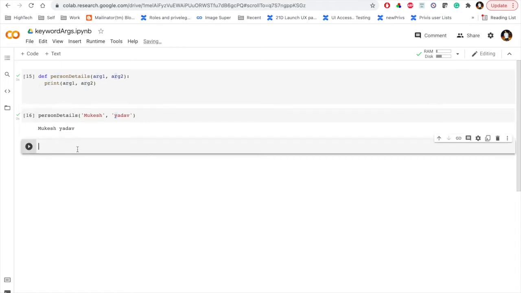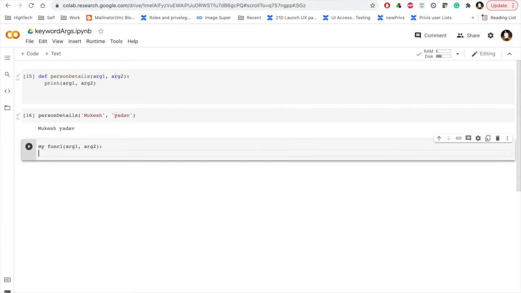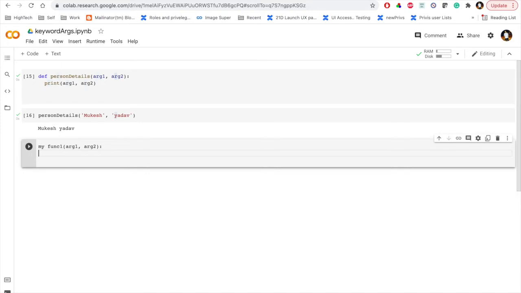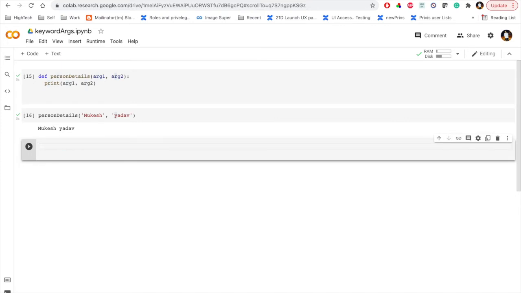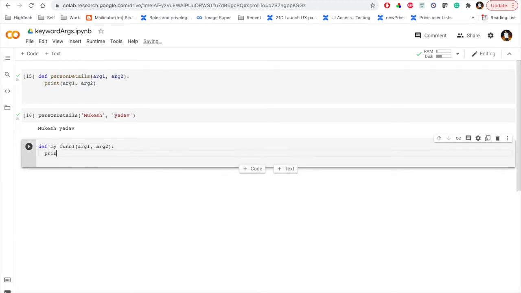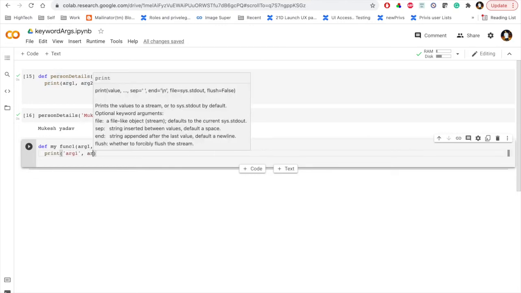Now I'm going to create one function, my function 1, and here I'm taking argument 1, argument 2. Let me define my function and print argument 1, argument 2.